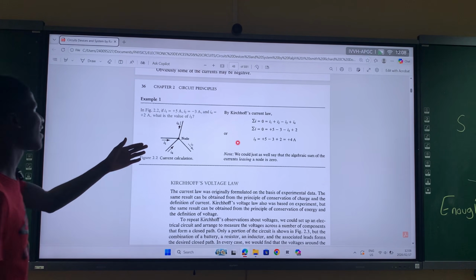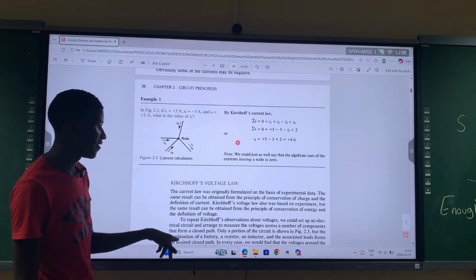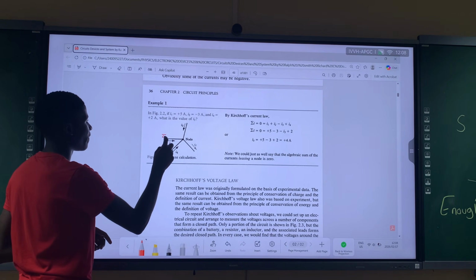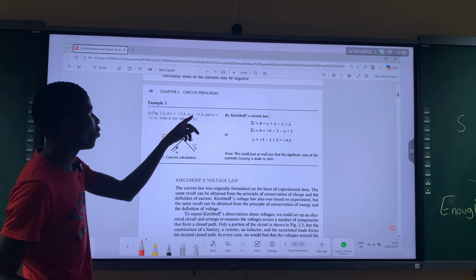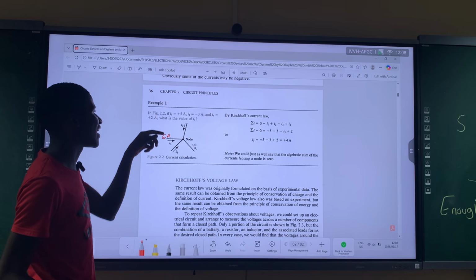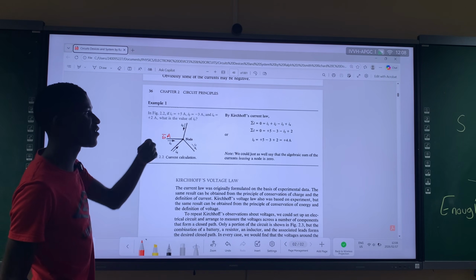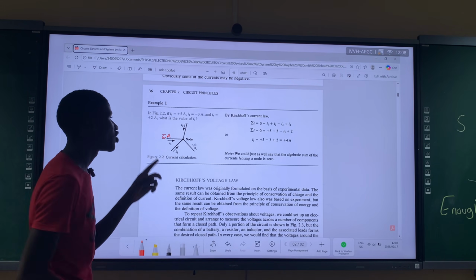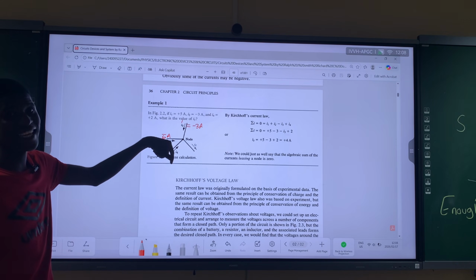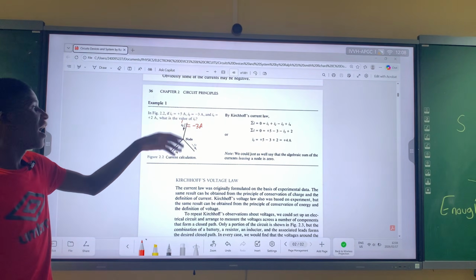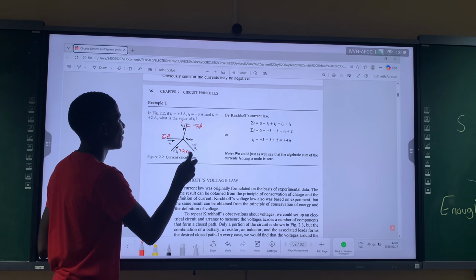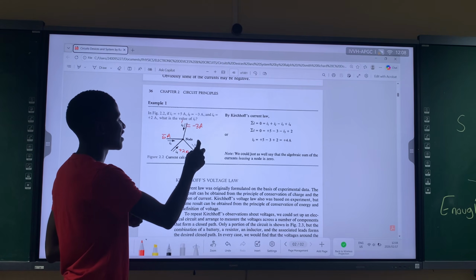For example, for this one, they say current I1 is positive 5. So they told us that this current I1 is 5 amperes, right? And then current I2, they said, is negative 3 amperes. This current I2 is entering, yes, but they've already assigned it a negative value. So by the value here, we have negative 3 amperes. That's the value of the current, okay? And then we have I4, positive 2. They are giving you the values. And then I3, which is leaving, is what is unknown.